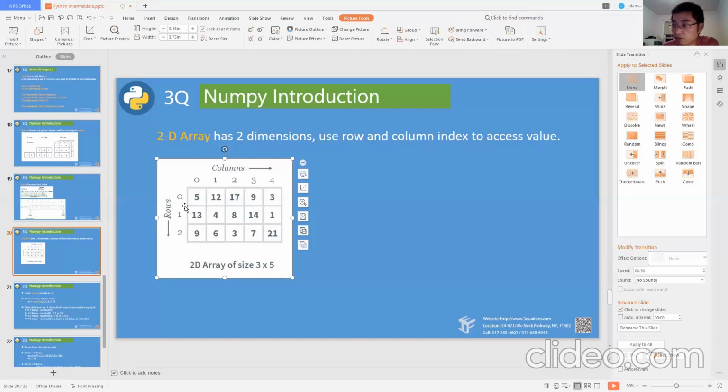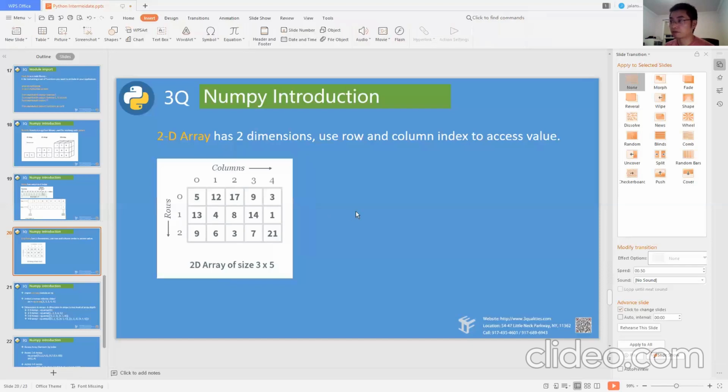Row 1, row 2, row 3. In total I have 3 rows, but the maximum index is 2, because I'm starting from 0: 0, 1, 2. And after you pick the row, the next index will be your column, which is 2 here.